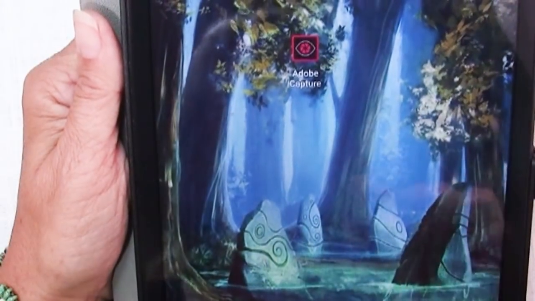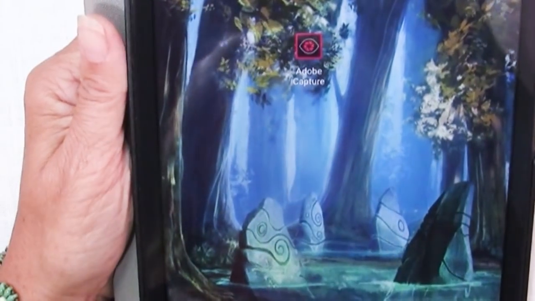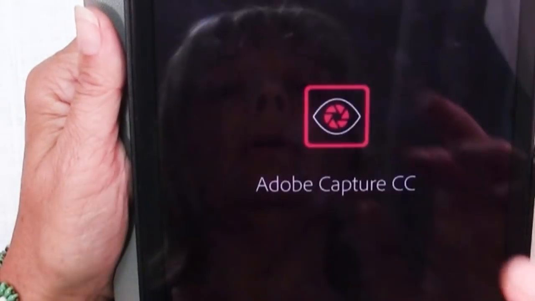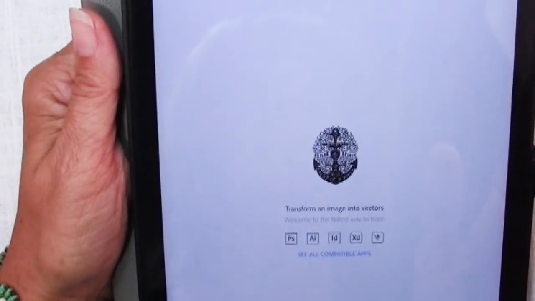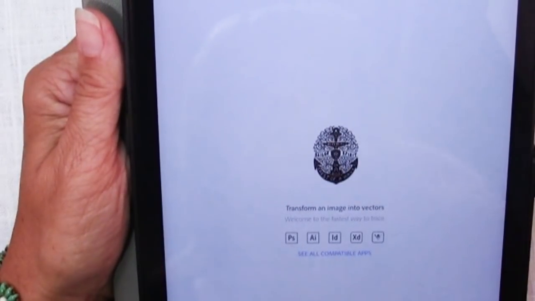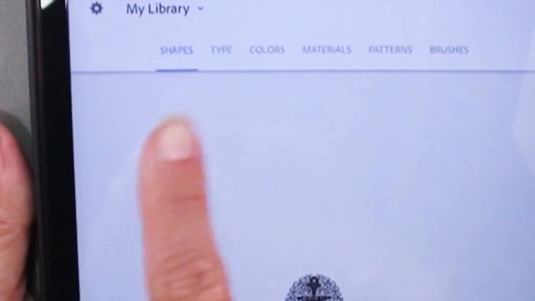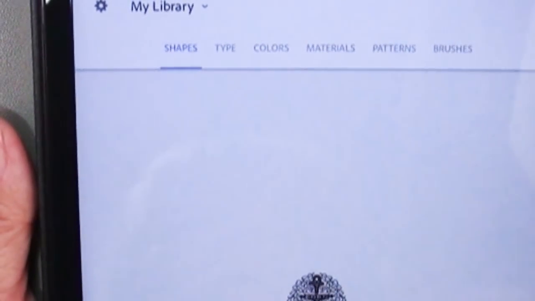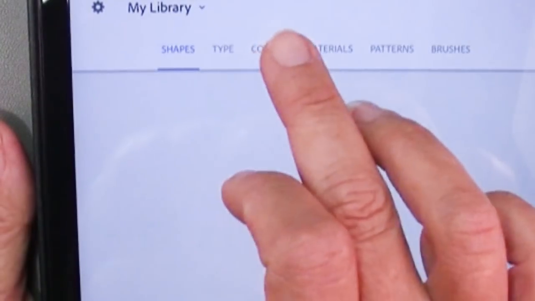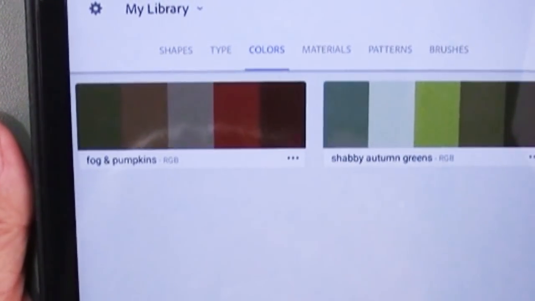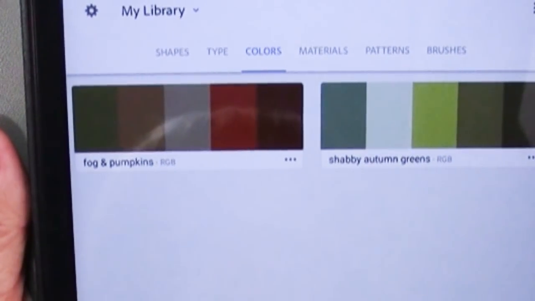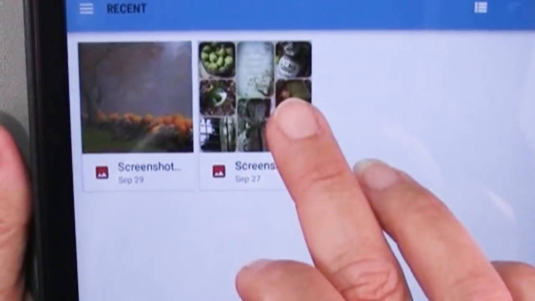So this video is all about this cool app called Adobe Capture. It's perfectly free. You can download it to your tablet, to your phone. It's good for Android and iPhone, Apple products. It does a whole bunch of different things, seemingly unrelated. Some of them are related, but today I wanted to talk to you about colors because it's a great way for creating color palettes. So let's open up a photo that I have in my camera, and we'll start with